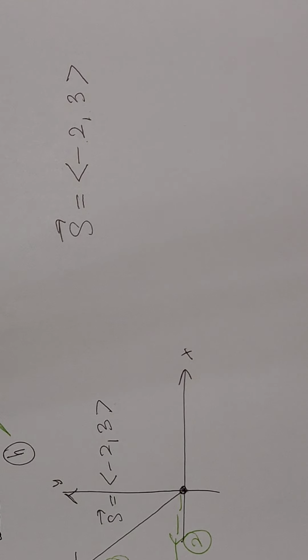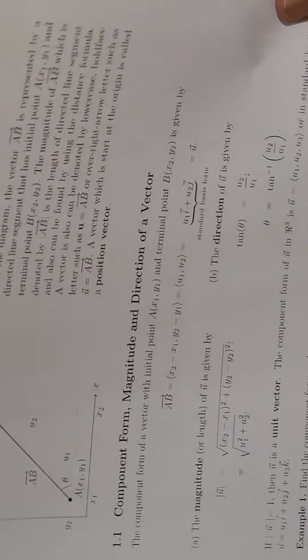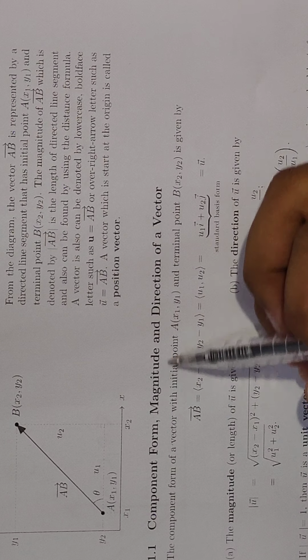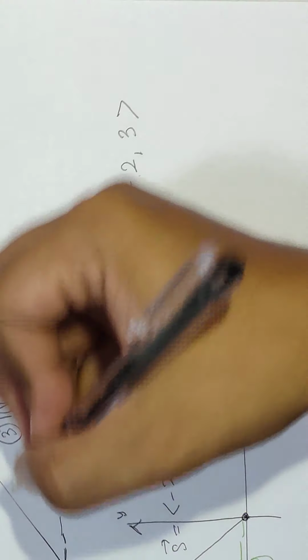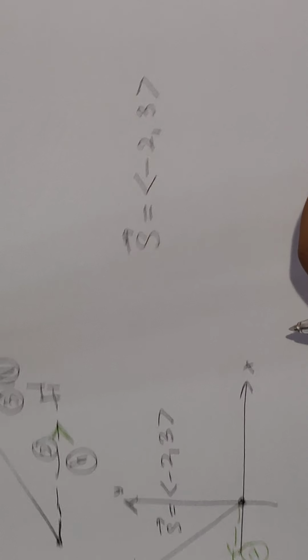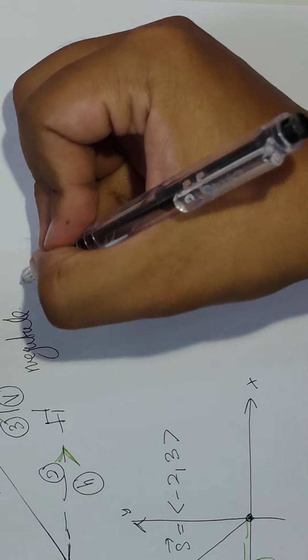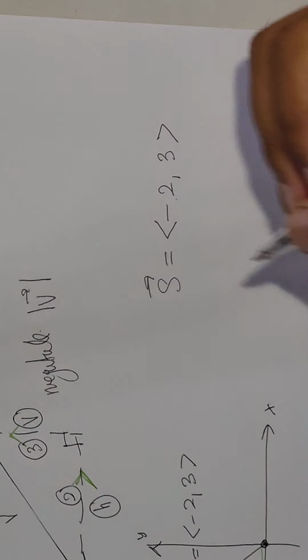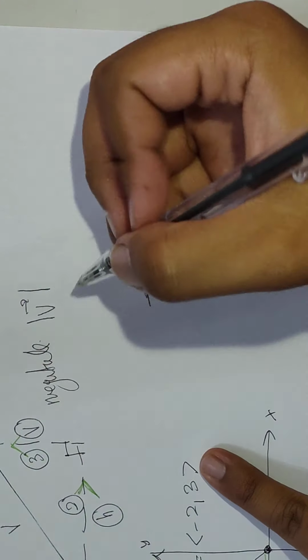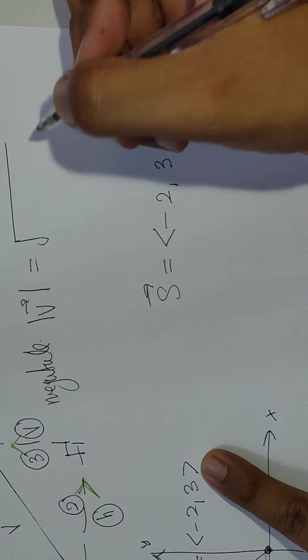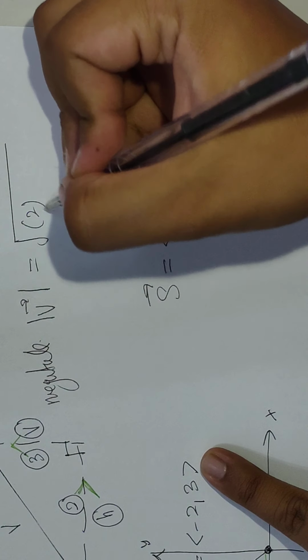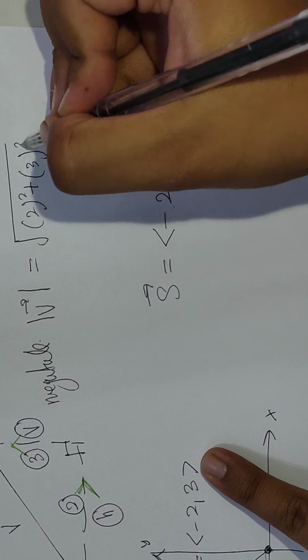Okay. Ini adalah idea bagi component form, magnitude and direction. Kita dah tengok hari tu. Jadi magnitude ni apa, direction ni apa? Magnitude ni bermaksud, kalau contohnya kalau saya ambil balik yang atas ini, bermaksud magnitude ditulis dalam bentuk |V| lah. Distance. Ini distance. Ini akan jadi, we use the formula, distance formula, 2 square plus 3 square equal to the